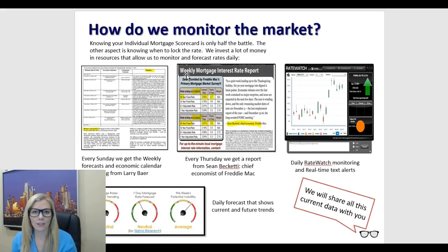And so what I have to do as your trusted advisor is monitor the bond market, because I need to know tomorrow when we wake up, is there something in the economy that's going to cause the bonds to go down, which therefore causes rates to go up. And when you work with just a regular loan officer,